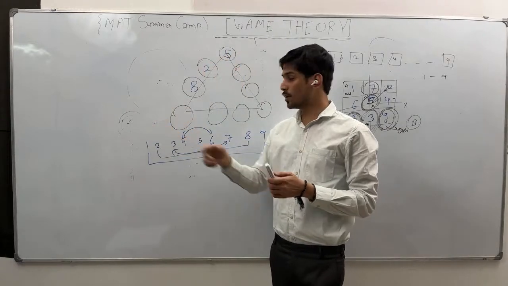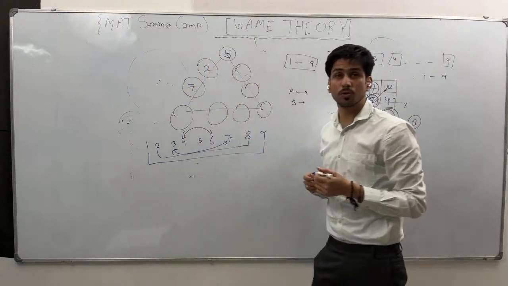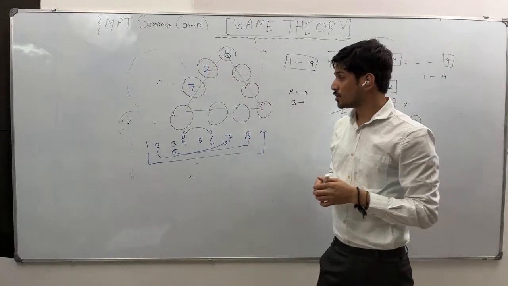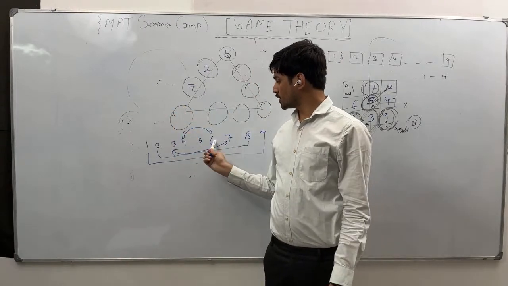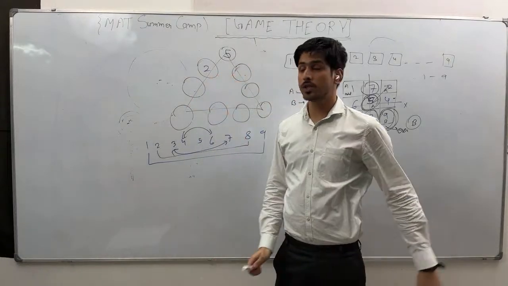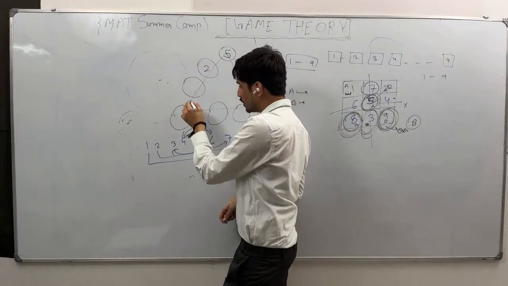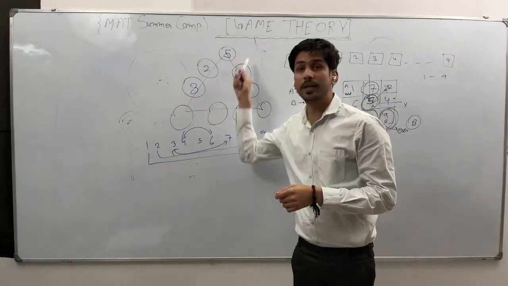If B can find some number, let's say by mistake you are putting 7. What is 7 plus 2? 9. 9 plus 5, 14. So then what will A do? 6. Then if he puts 6, he wins the game. But every time, what you are supposed to do is, let's say if he is putting 2, then you have to put 8, because now B has to find the opposite of the remaining number.